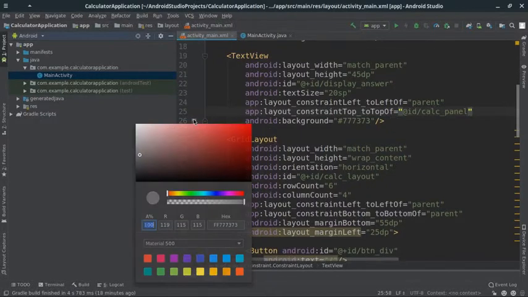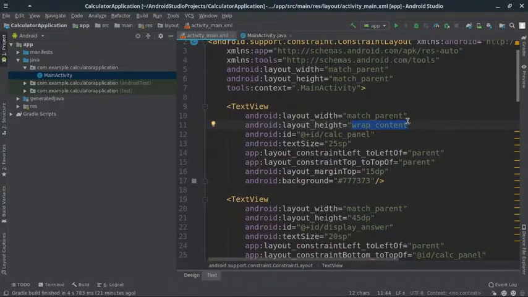Okay, also change the background here to edition. Here instead of wrap content here we will use 45 dp. Okay,